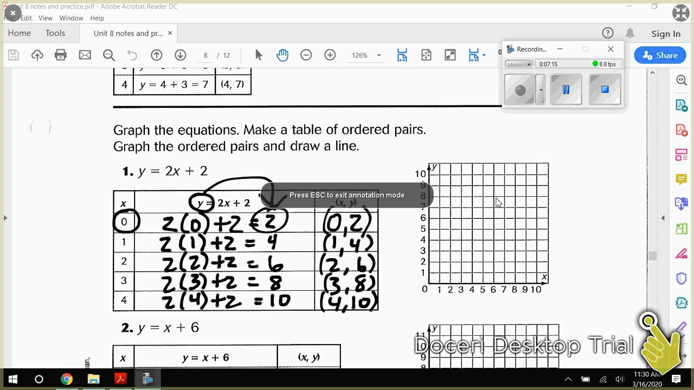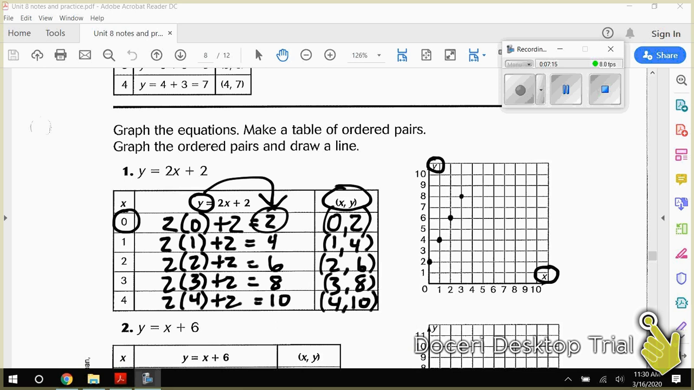Now, they do have a graph over here, so they want us to go ahead and take the data off the table and put it on the graph. So we're going to go 0, 2. All right, we got to put a point right there. All right, so 0, 2. There's our point. 1, 4. 2, 6. Remember, the first number is your x. The second number is your y. All right, because it says right here x comma y. All right, and then we got 3, 8,